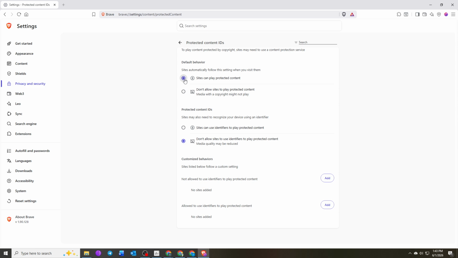Just below it, you'll find another setting called Sites Can Use Identifiers to Play Protected Content. Enable this option as well. This setting works alongside the first one and helps websites properly verify protected content before playback begins, ensuring full compatibility